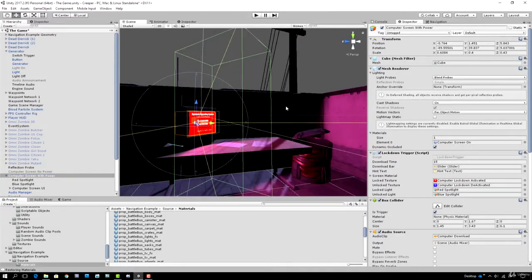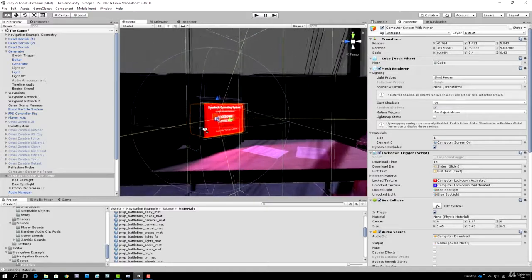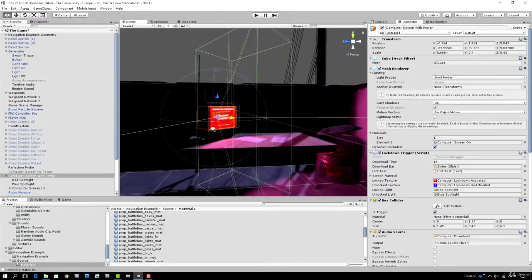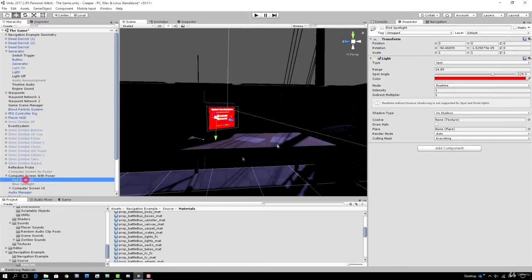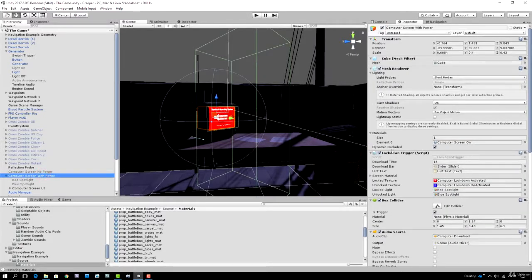This object, first of all, has a cube on it, right? Which has a material on it, and the material is either of the computer lockdown screen or of the computer lockdown deactivated screen, which is the blue screen, which we saw when we played through it just now. It also has a number of lights in its hierarchy. Now, at the moment, both of them are active at the same time, but in reality, only one of them will be active, but this is controlled not by our generator switch, but is controlled by the lockdown trigger switch,